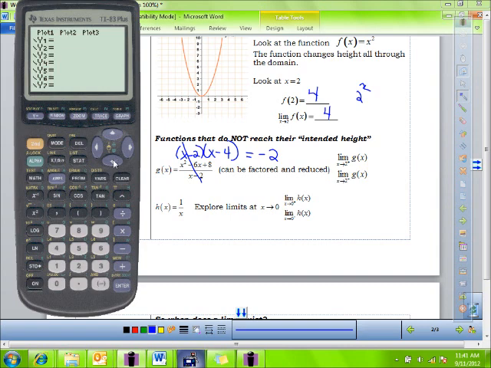So if I'm going to graph this thing, I'm going to make it x squared minus 6x plus 8 divided by x minus 2. You look at that, it almost looks like a line, right? So you're thinking, well, okay, so what's so special about this? But as I zoom in,